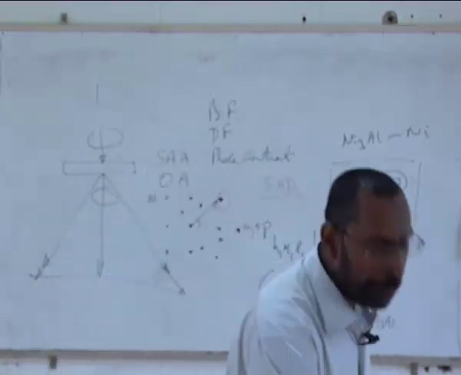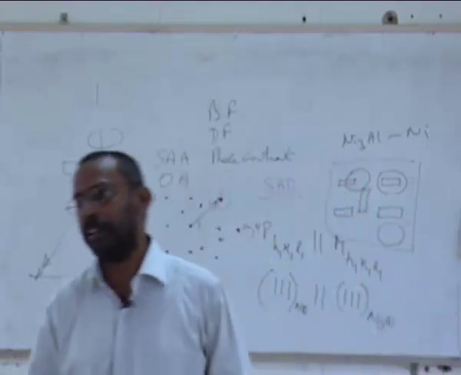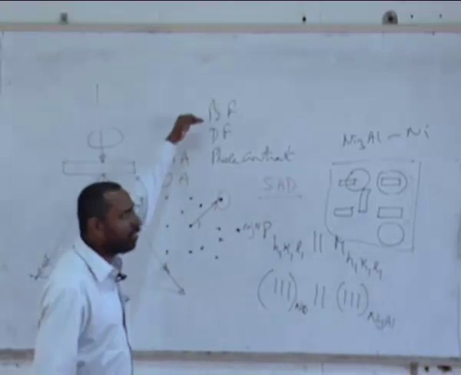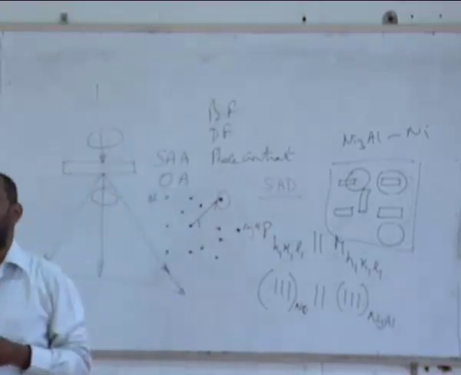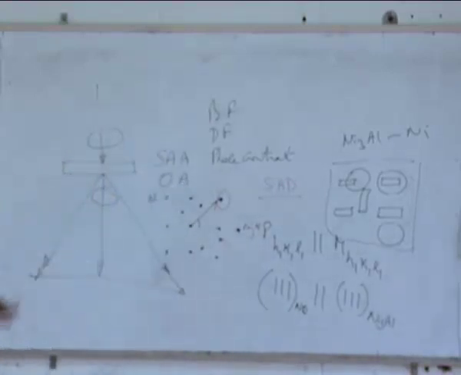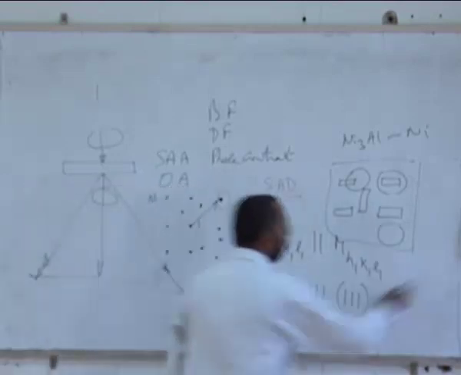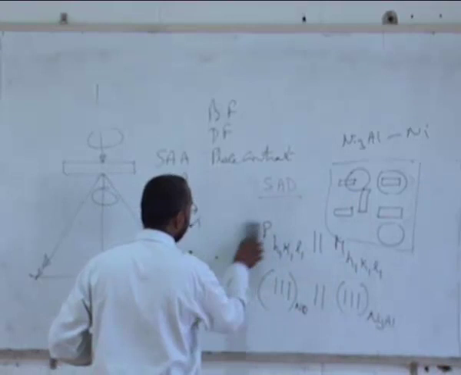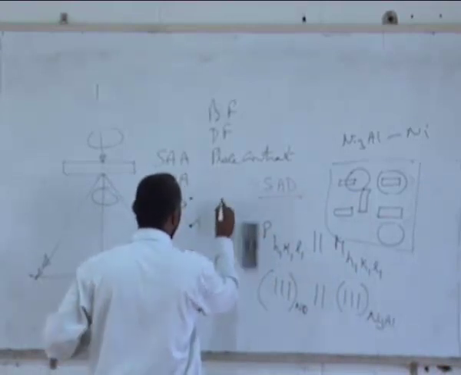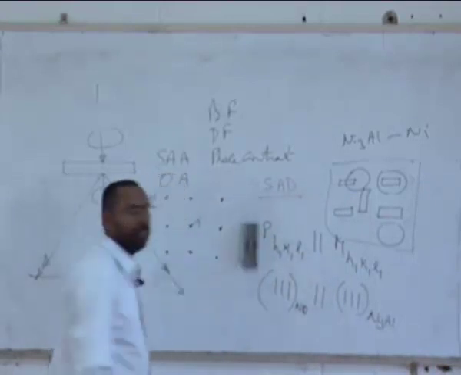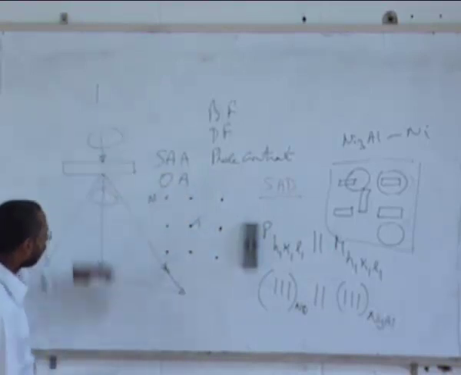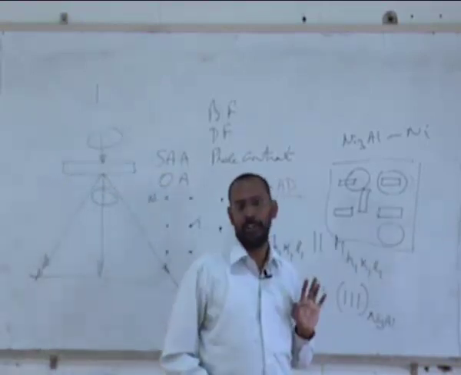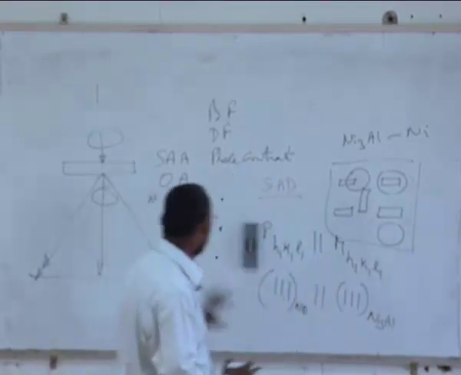So you are selecting a particular area and getting a diffraction pattern. And now what we are talking about is what is this bright field, what is this dark field. Now once I have a diffraction pattern, let us say I have this, let me not bother about orientation relationship. I have a diffraction pattern something like this. After the diffraction pattern is obtained by selecting a particular region, I have selected a particular region, got the diffraction